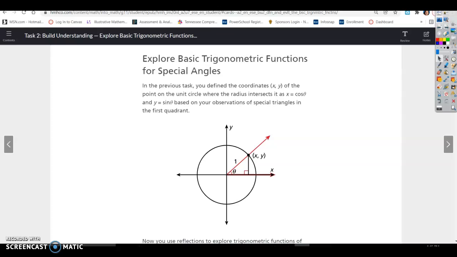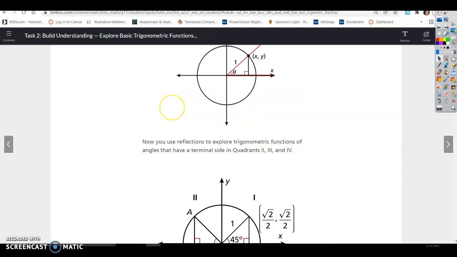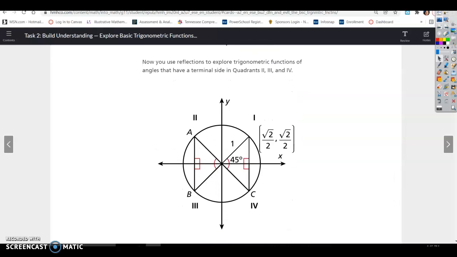in the first quadrant. Alright, so as you remember, the x and the y are going to be defined as your cosine, and this value is defined as your sine. So that means x equals cosine of theta, y equals sine of theta. Now you use reflections to explore trigonometric functions of angles that have a terminal side in quadrants 2, 3,